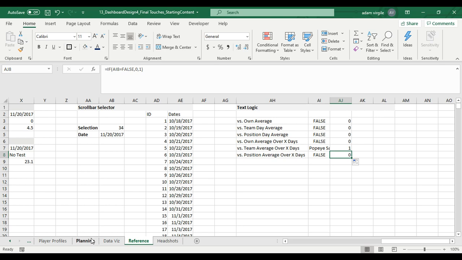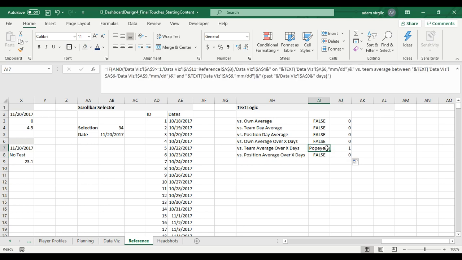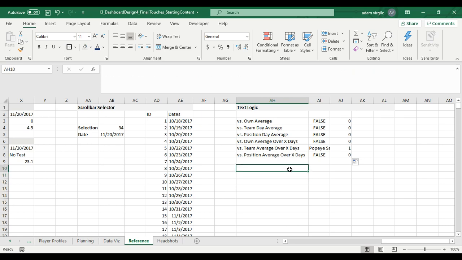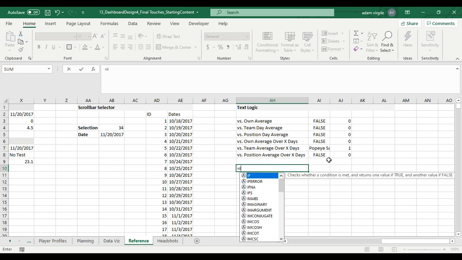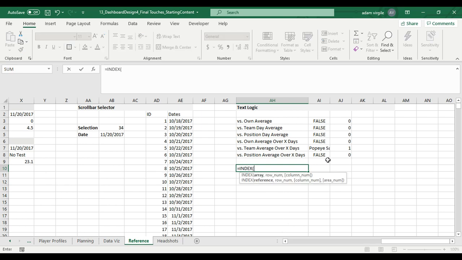Ideally, in every scenario, one of these conditions should be true, and we want whatever is true to display in our DataVis. Now, I'm going to do an INDEX MATCH formula, which we've done before, to display which one is true. Equals INDEX. I could do that here, or I could do it in our DataVis. I prefer to do it here and then transfer it over, but it doesn't really matter. So equals INDEX. What do I want? I want whatever's in here,